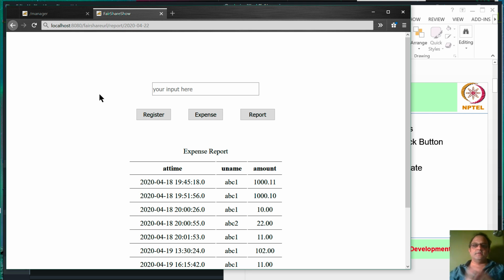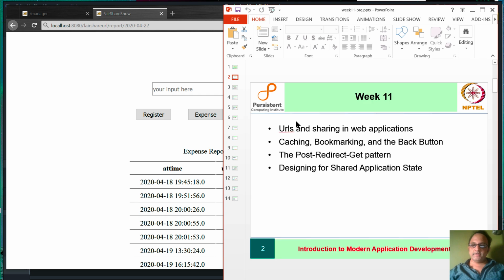So this is one of the superpowers that web applications have, which is that as you execute the application and as the application goes through stage by stage, a reference can actually exist to each of those stages that you can share with other people. And there's more to it than just sharing. So for example, yes, we can share it, but also we can cache the contents locally